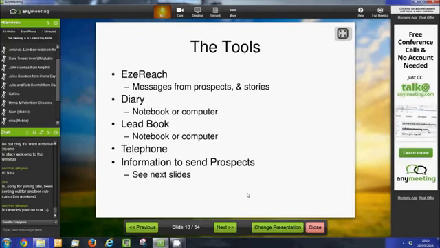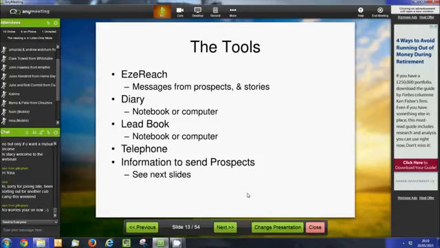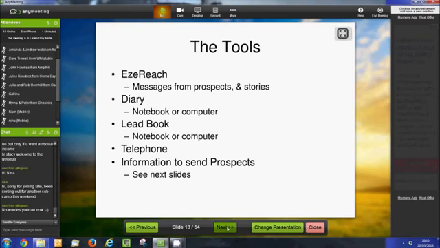You really do need a telephone. I know these days people are sending texts and Facebook messages and all sorts of things, but you really do need a telephone to be able to speak to people, and you need some information to send them. And I know some people do appointments, but the system that we learned and that I teach with my team is sending information packs to people and then going through it with them on the phone. So speak to your upline to get the specifics of how they do it, so you can copy what they do, but you'll definitely need some information to be able to send them or show them.